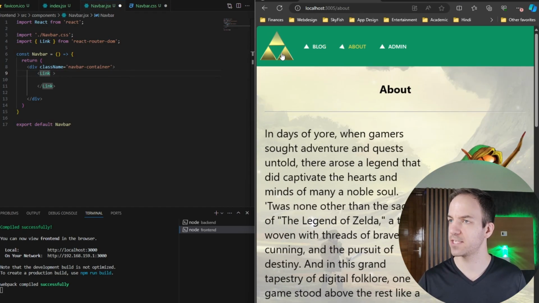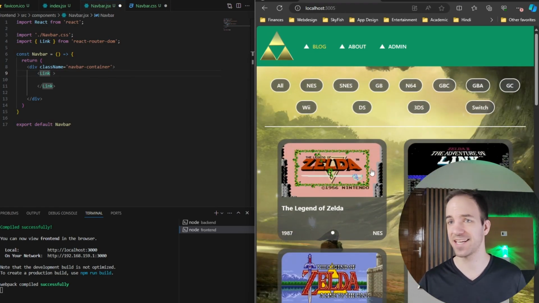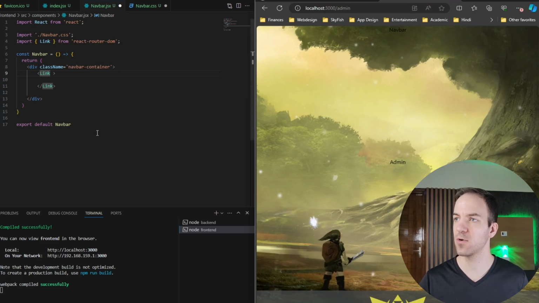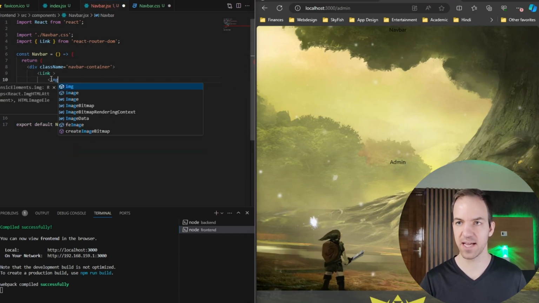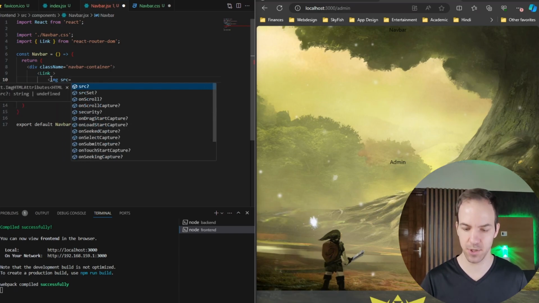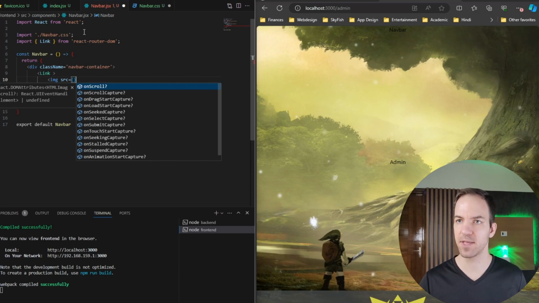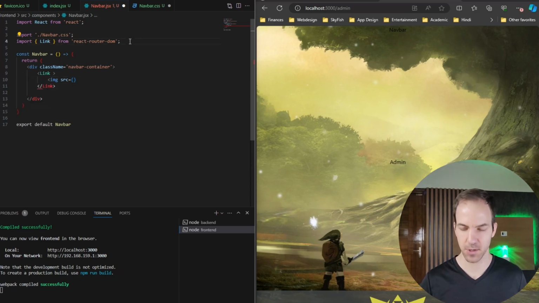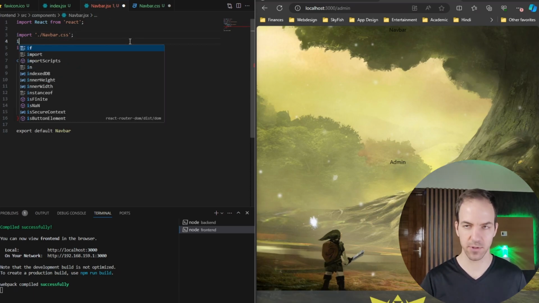So if I go to the About page and then click on the Triforce, that's actually a link back to the home page. And a lot of sites do that, where the logo is a link to their home page. So we're going to go ahead and do that here as well. So in here, we're going to have an img, and then src is equal to, again, we need to import something up here. So let's go ahead and import